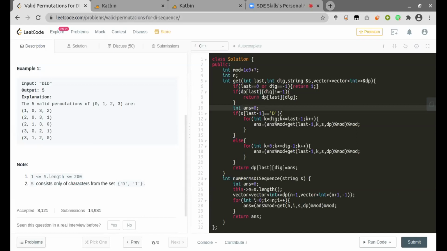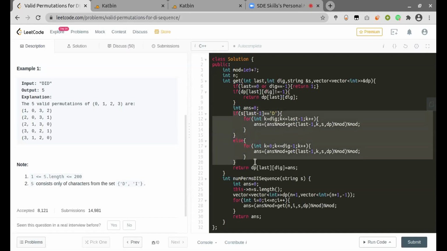It looks like somewhat digit DP. It's not digit DP, but maybe the idea is similar to matrix chain multiplication. Since in matrix chain multiplication, the complexity comes out to be n cube, and there we decide which interval to take from. Even here, we are reducing our interval from digit to last minus 1. So this is similar to matrix chain multiplication, but in matrix chain multiplication, we only have one for loop in our recursive call. Here we have two possible cases, so we have two for loops. Correct.